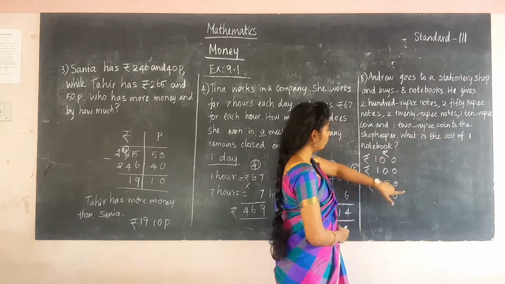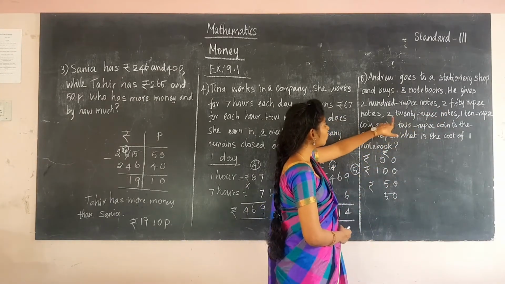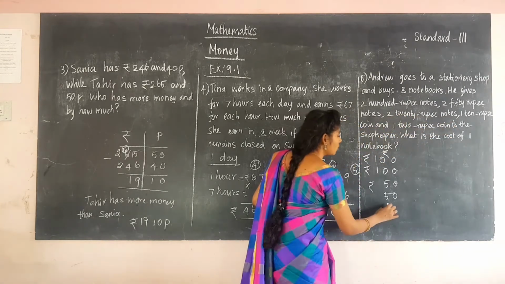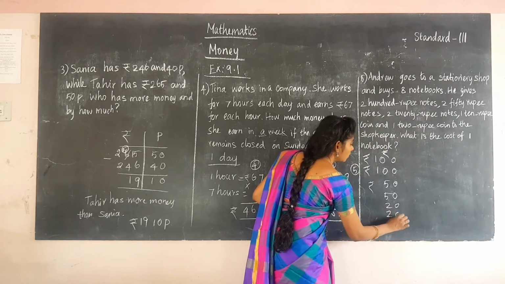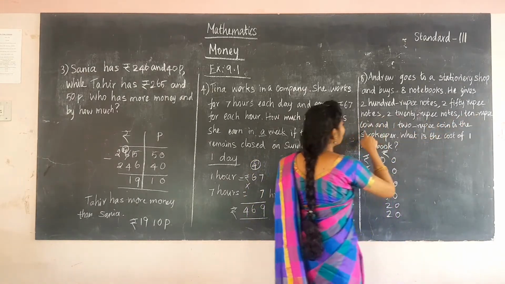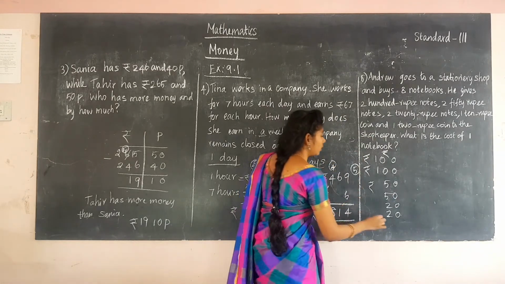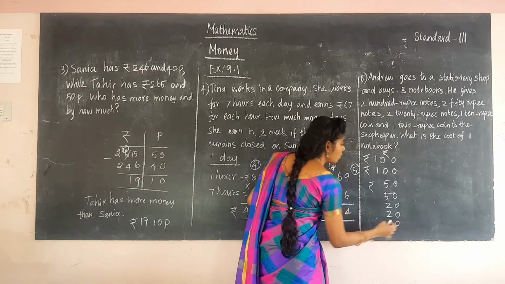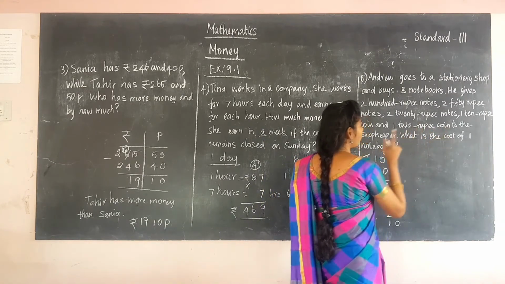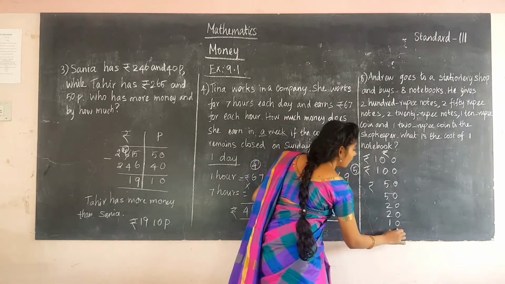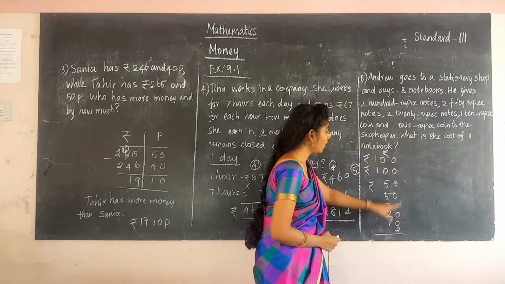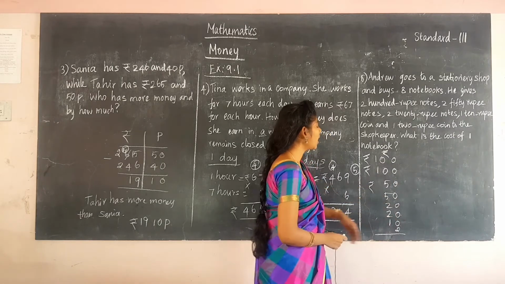And then 250 rupees we have written here. And 220 rupee notes, he is giving. So write 220 rupee notes. And then 1 10 rupee coin. So only 1 10 rupee coin. And 1 2 rupee coin he is giving. So totally how will you do the total? Add all the numbers. It's an ordinary addition only.